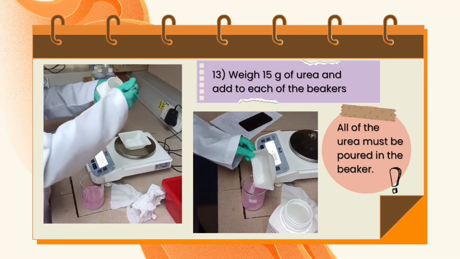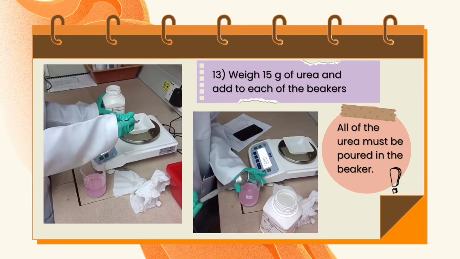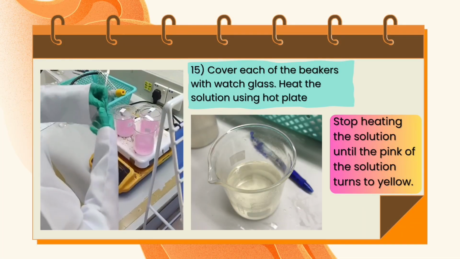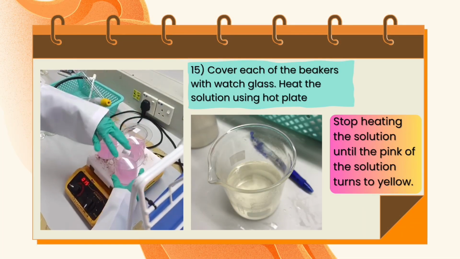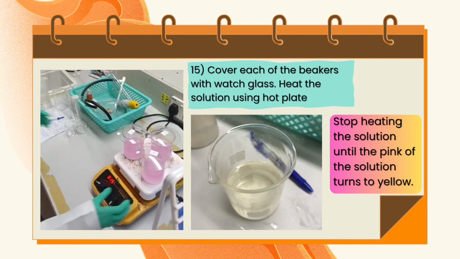So, we weighed 15 grams of urea and added it to each of the beakers, making sure that all of the urea was poured into the beaker. Then, we covered each of the beakers with a watch glass. We heated the solution using a hot plate and stopped heating once the pink of the solution turned to yellow. This meant that as the urea decomposed, it neutralized the acid, turning the indicator yellow and causing the calcium